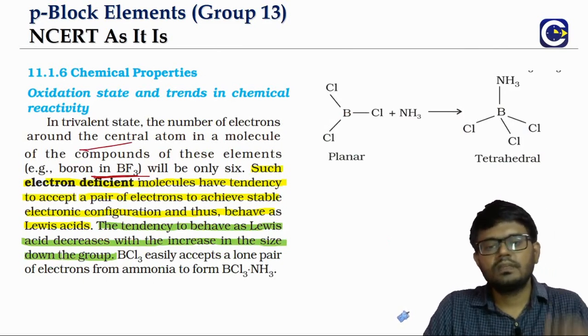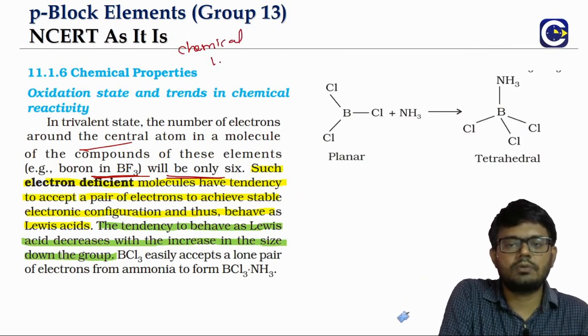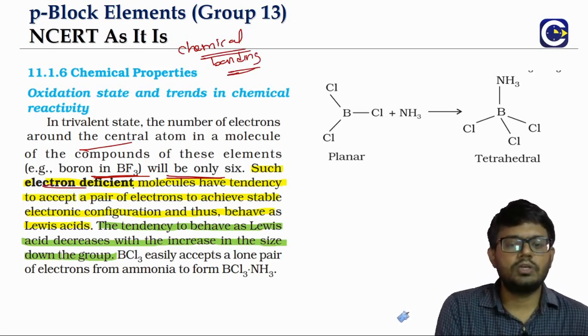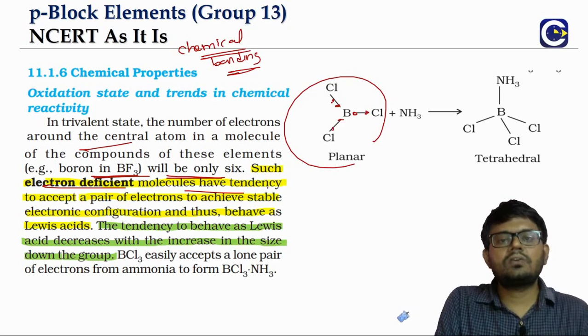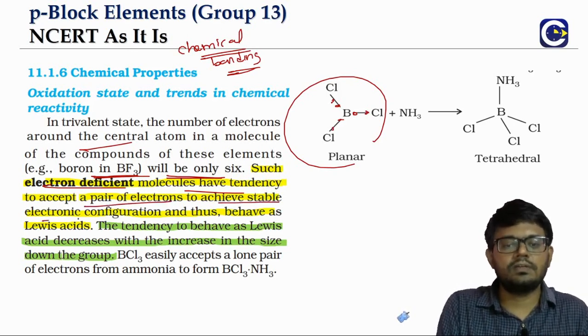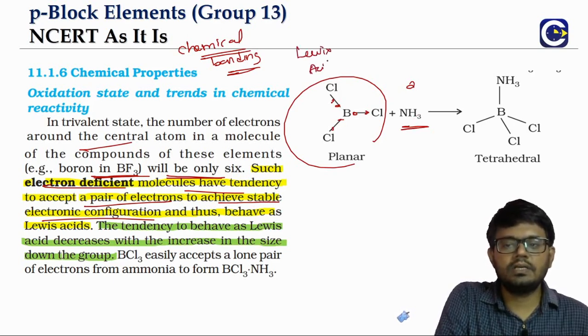Now if you look at the trivalent state, say for example the trivalent state of boron in BF3 or BCl3, the central atom will only be able to get 6 electrons. This is what we have seen in the chemical bonding also. In the chemical bonding chapter, we will discuss these types of molecules as electron deficient molecules. Because BCl3, after forming 3 bonds, is only having 6 electrons. So the electron deficient molecules can accept a pair of electrons and thereby achieve the stable arrangement. So when it is bonding to ammonia, we will call this a Lewis acid, because it is accepting a lone pair of electrons, and ammonia will be what? It is a Lewis base.